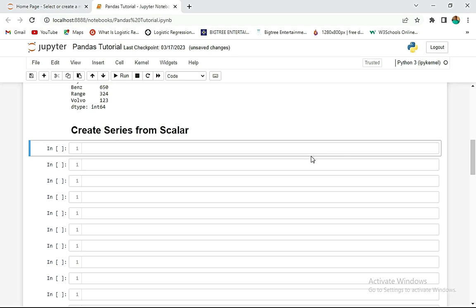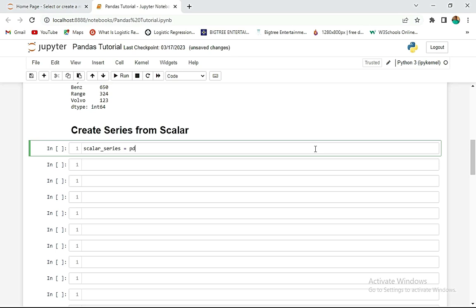Now we'll talk about Scalar, a kind of single numerical value. So let's see how that can be done. First we'll create Scalar. Just call it Scalar series, that will be better. Scalar series equals to